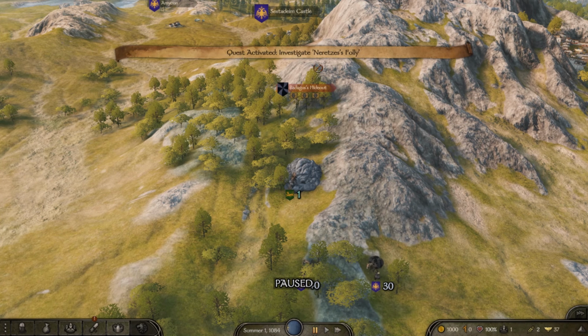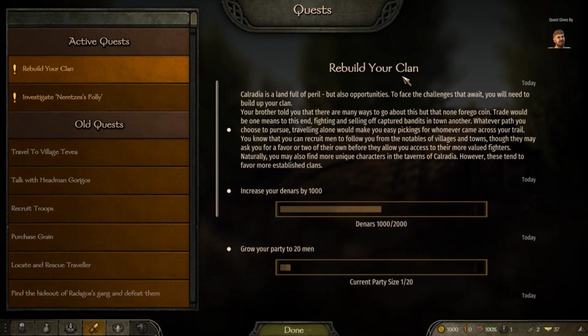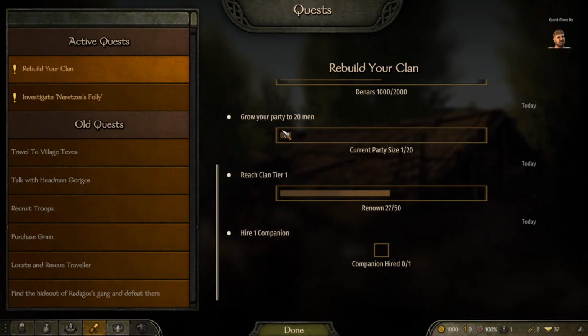Tutorial is officially over, and we have Neretzi's Folly investigated as... Ooh, a lot of stuff going on. As basically the first part of the main quest. We also have this to do. Rebuilding our clan. So the clan MacDonald needs money, and it needs us to grow our party, as well as